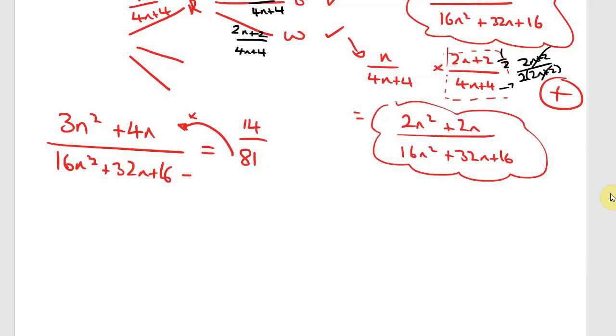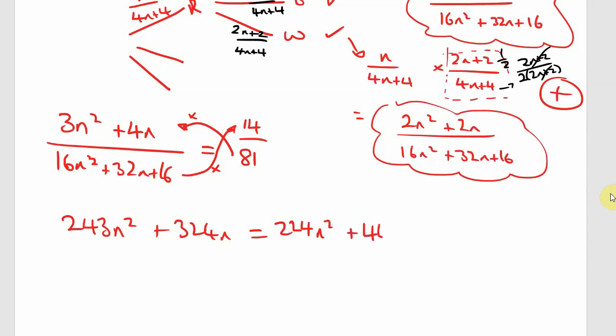So I'm going to times that by that, and times this by this. Cross multiplying is our best friend in this case. So 3 times 81 is going to be 243n squared. 4 times 81 is 324n, and that's going to be equal to 14 times 16, which is 224 n squared. 32 times 14, which is this, and then 16 times 14, which is